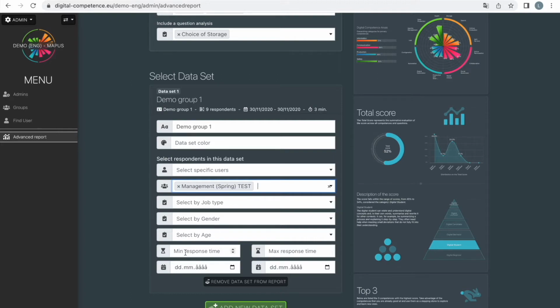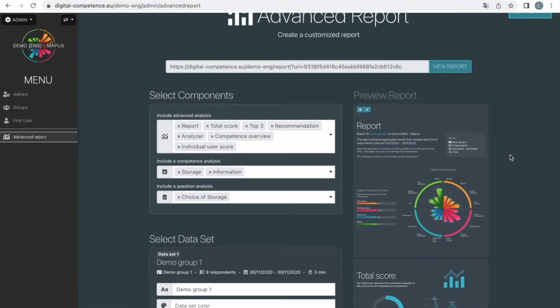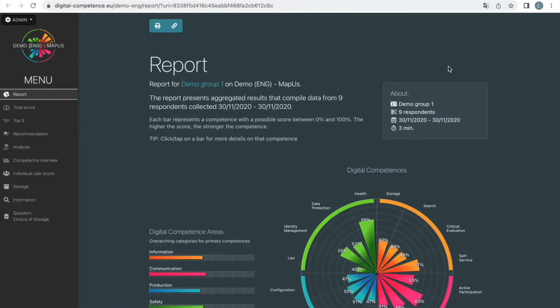Here you have minimum, maximum response time. You can also filter it by dates. Yeah, whatever you want. It's very important to remember that your report is dynamic, which means that when we press here, View Report,